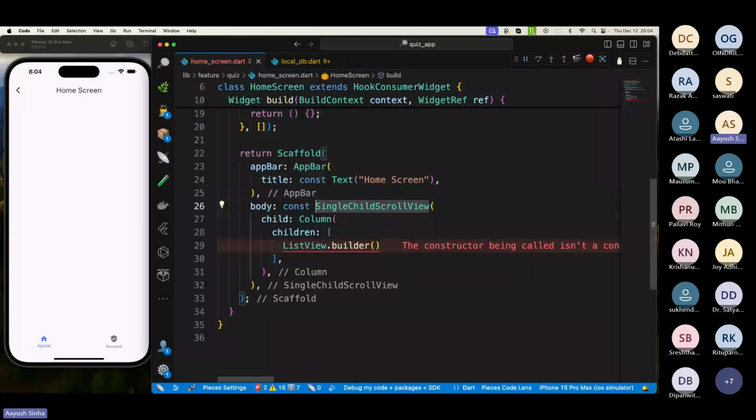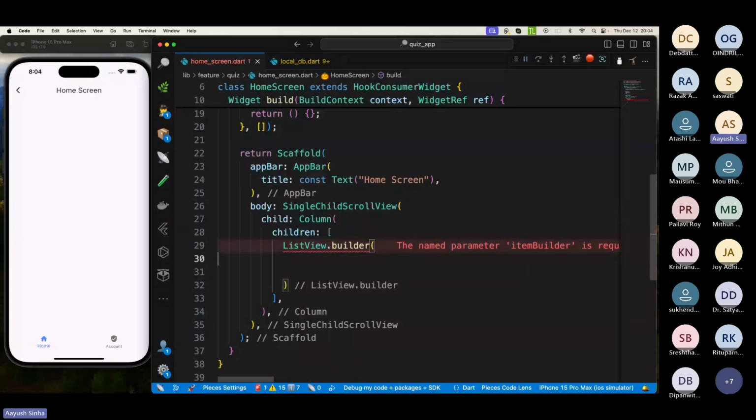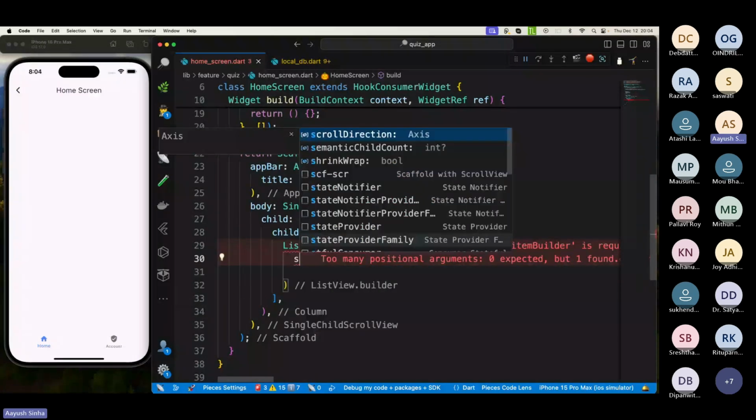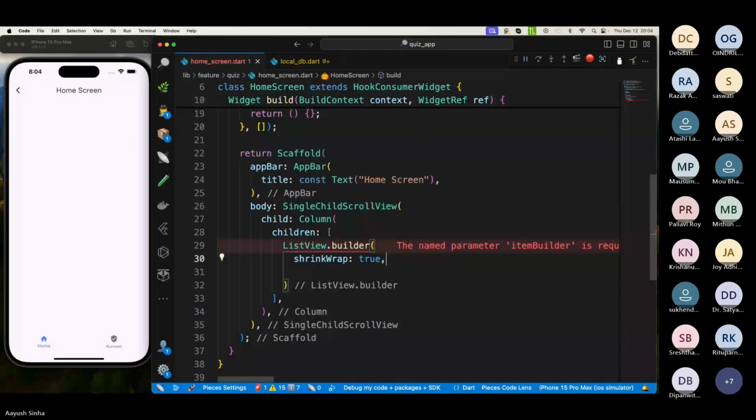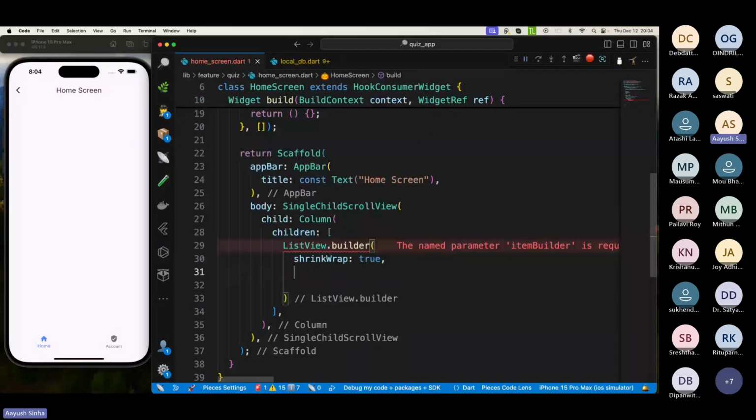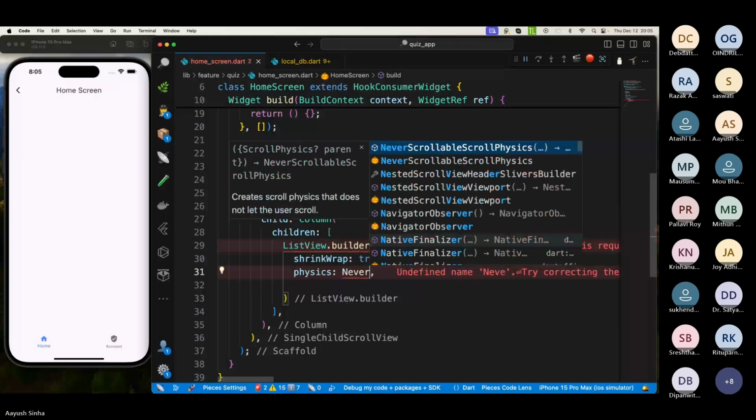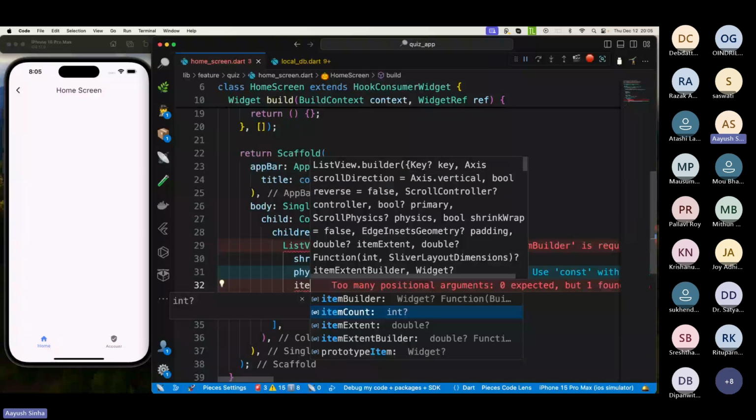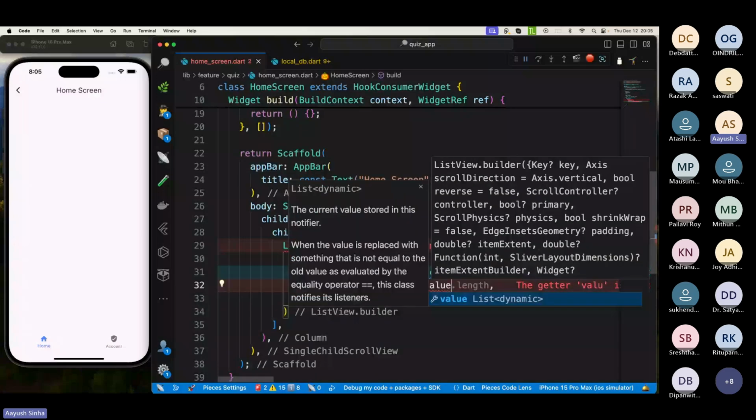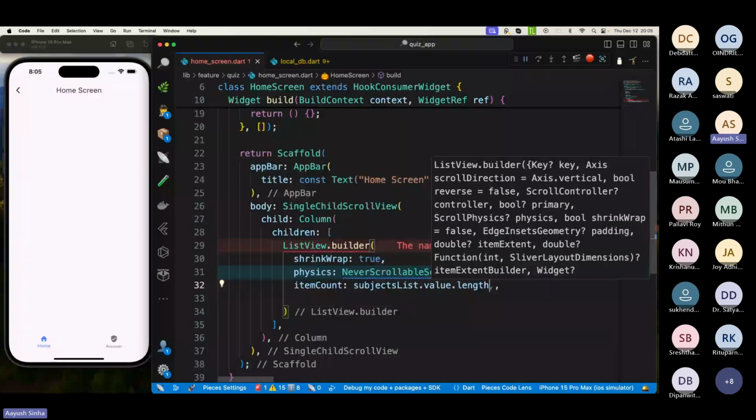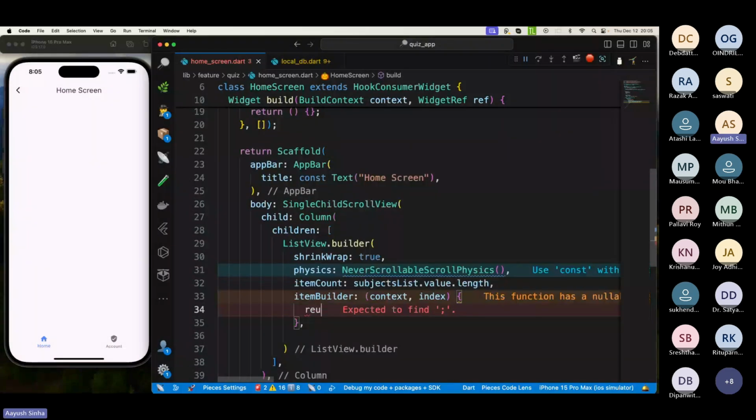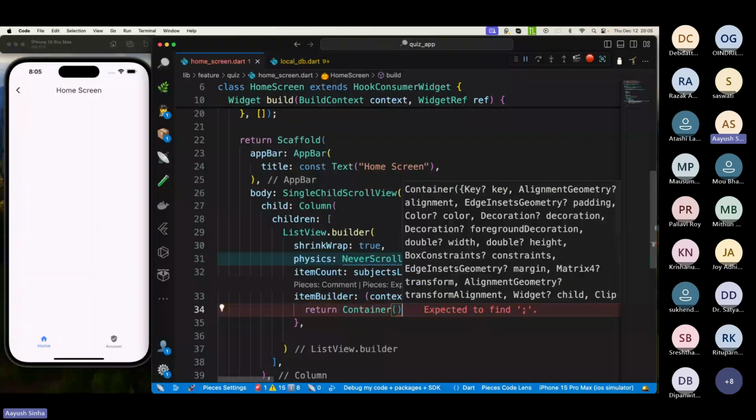Need to remove the const from here. I will add string trap as true, physics as never scrollable, item count as subjects list dot value dot length, and then the item builder. Here I will return suppose container, and then